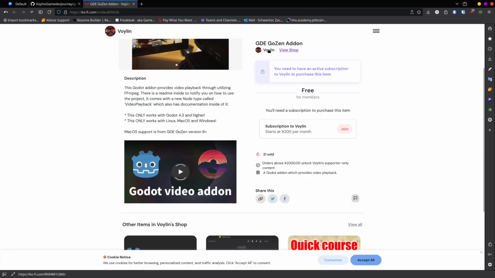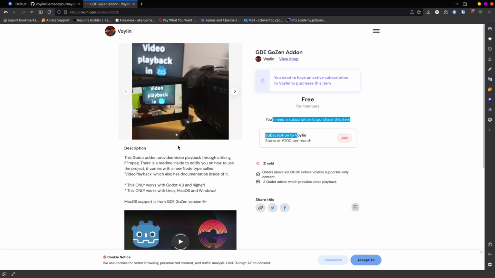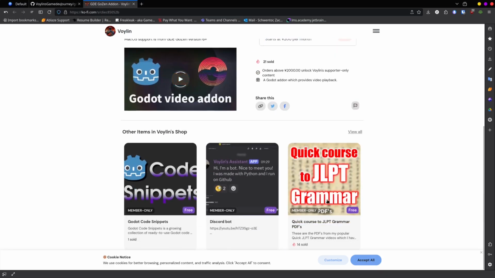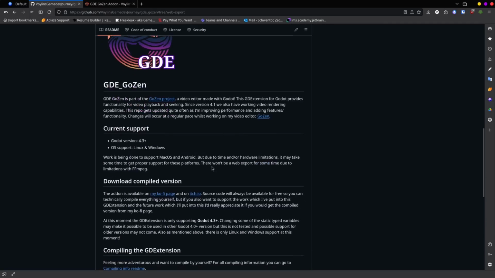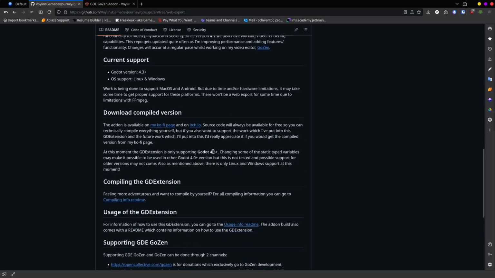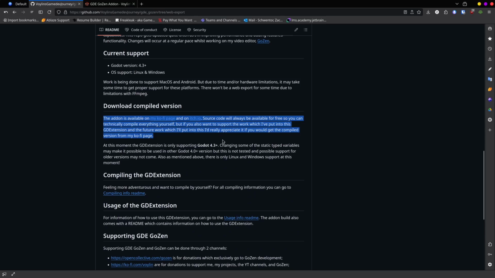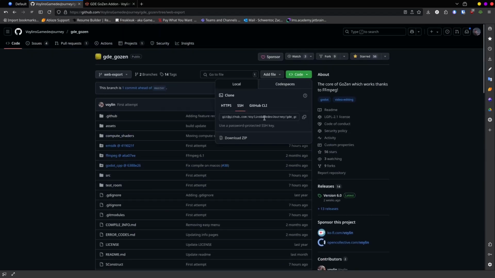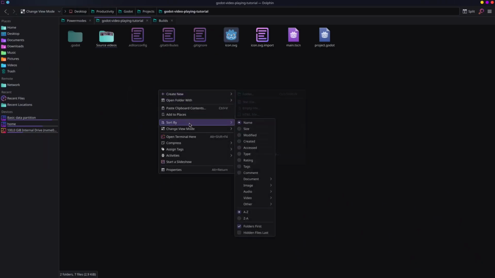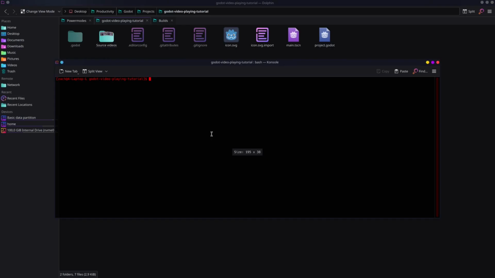So a better way to do this is with the GDE Gozen add-on. This is made by Voiland for the Godot video editor Gozen, and allows you to play MP4, scrub, do all the cool stuff inside of Godot through a GDE extension. The licensing for it should be LGPL as long as you compile it or download his pre-compiled versions, which means all you have to do is share the add-on code, not your entire source code,